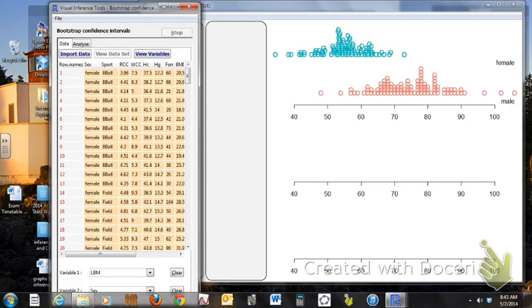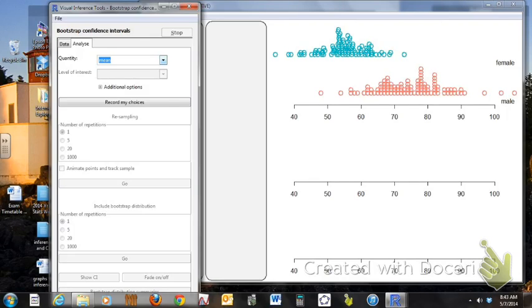So this is our sample up above here in the blue and the red. This is the female sample of data and a male sample from the population. And now we're going to do the analysis. We're going to pick median. We could do mean, but median is nice because when we do median and then we hit record, my choice,